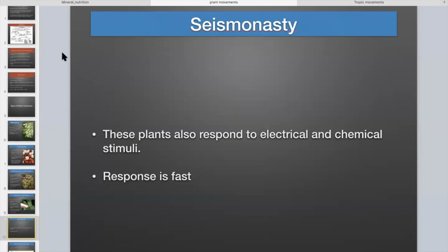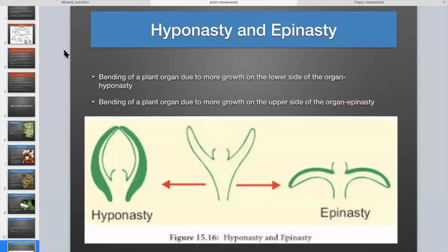So we are learning plant movements. In that, nastic movement, I am explaining to you. Now there is one last diagram. Here you have to understand why there is an upward movement of the leaf and why there is a downward movement of the leaf. So at last I have kept this special slide for you. Why is there an upward movement? Upward movement is due to hyponasty and downward movement is due to epinasty. This is a normal structure, plant part.